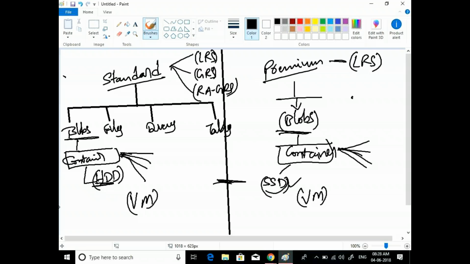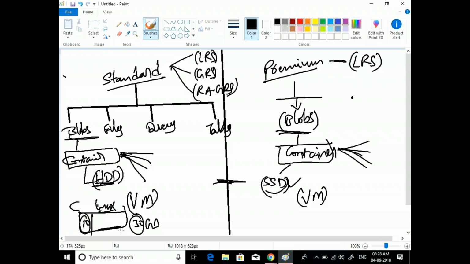When you say SSD, the billing will be like this. Let's say you are creating a virtual machine, the C drive size, let's say this is a Linux operating system. The size of the disk will be 30 GB by default when you are creating a virtual machine. In this, only 10 GB will be used for OS files. The remaining 20 GB is free. But in HDD, in a standard storage account, if you are storing this disk in your container, there will be no charge for this empty space. The 20 GB, there will be no charge.